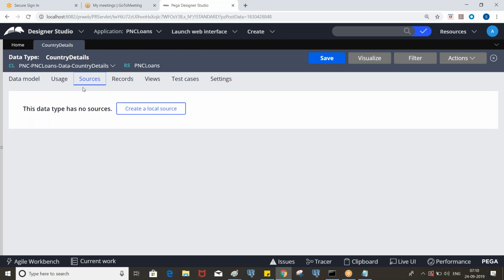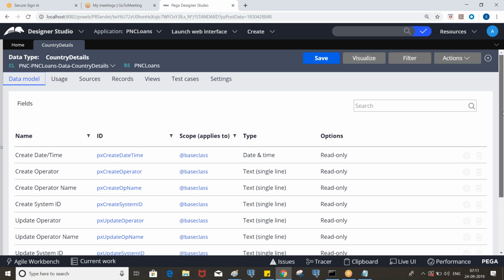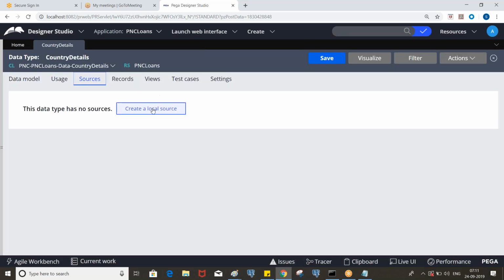Satya, can you please repeat that point one more time? No, so we created two properties, right? Country code and country name. The code will be like IN, and the name will be India. We don't need to store the complete name in the backend for developer purposes, so we can just store the codes, but we cannot show the codes to the end user. They cannot understand by looking at codes sometimes, right? So we show the complete name for them. So what will be the primary key here? Select the code as the primary key.